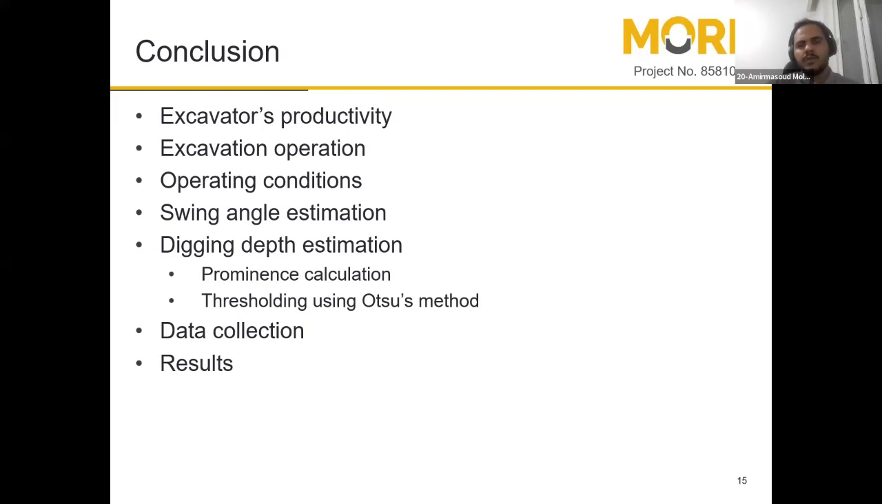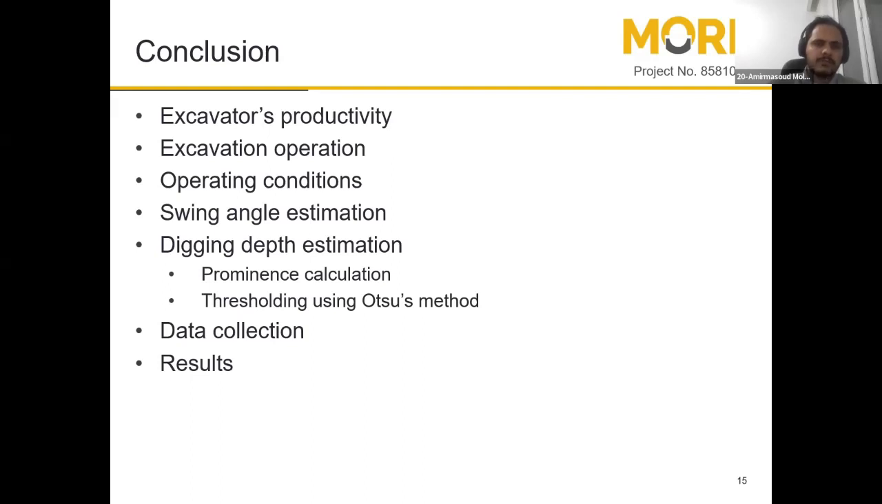And we talked about the excavation operation. What is this operation, and why the quantity of the material and operation cycle time is important. After that, we talked about the different operation conditions that can significantly affect the productivity of the excavator in the excavation